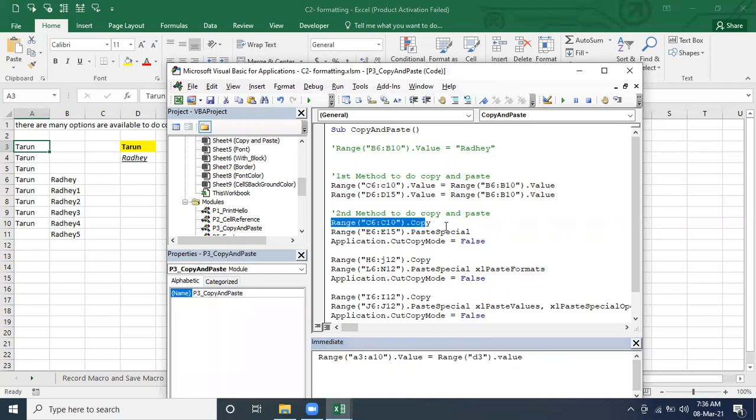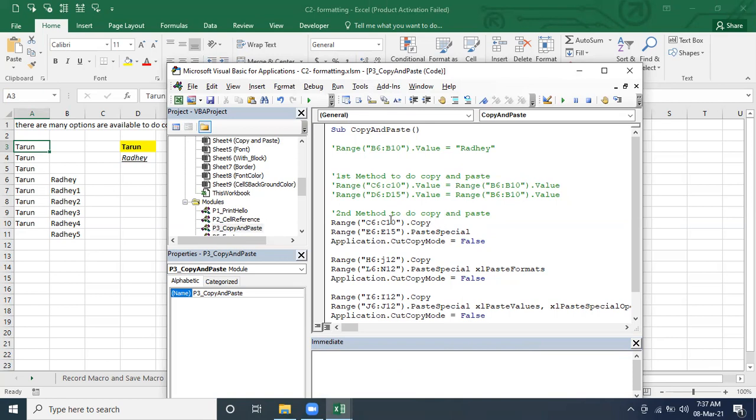So in that case, what we can do is this method. First we have to copy whatever range or cells are there, and then one option is there, paste special. There is no option for the paste. Clear? So let me make a comment on this. I already explained about it, for the range. So you can do it the simple way.